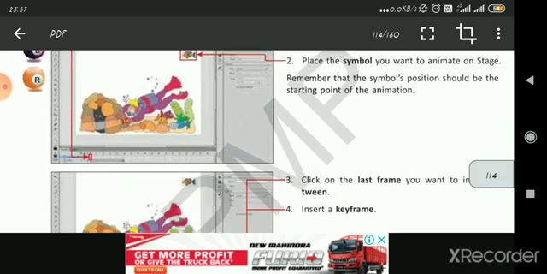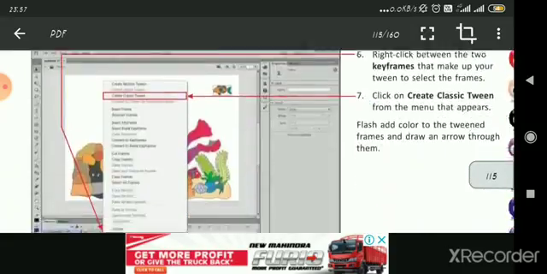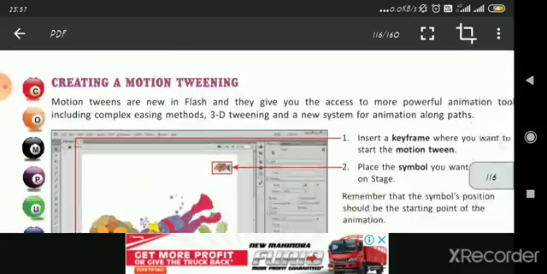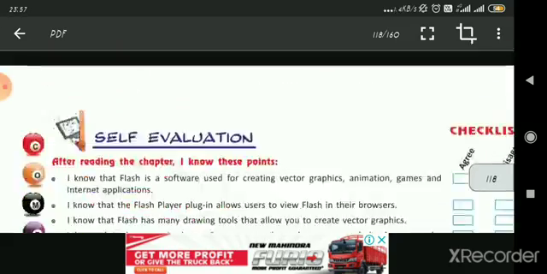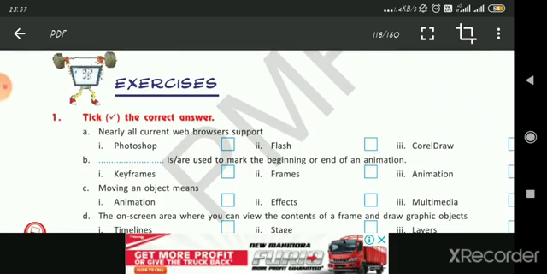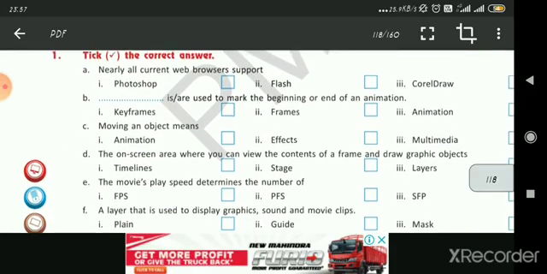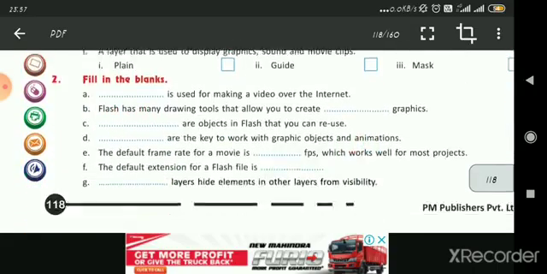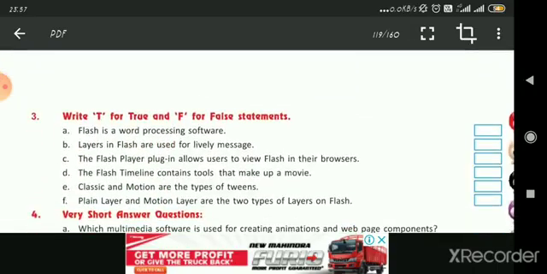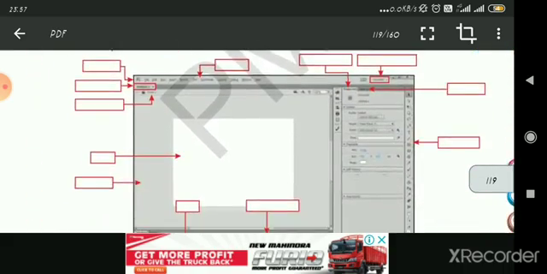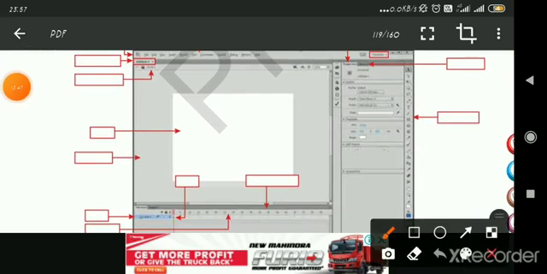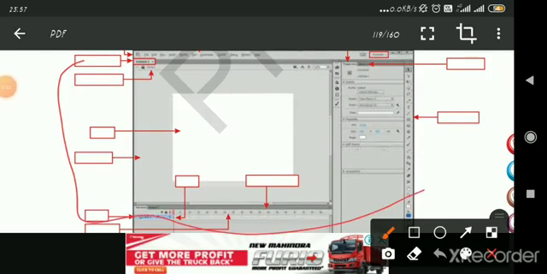So don't be hopeless, as we have completed the chapter, and I am thinking that I will give you the question answers of this and the exercise also. In the next video you will get it. Till then I hope that you will practice it very well, find out the answers from the exercise on your own also, and then when we are discussing, you can check yourself whether you have found the correct one or not. And of course, it's a request that you should all fill this, because these things are given in the book. Fill the boxes of the windows which are given over here.